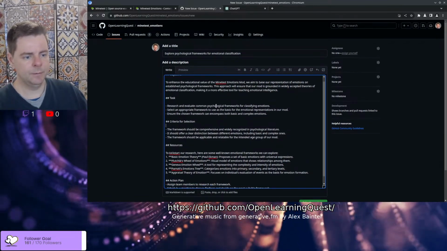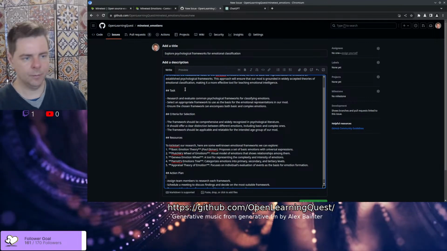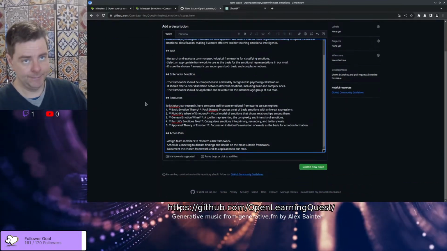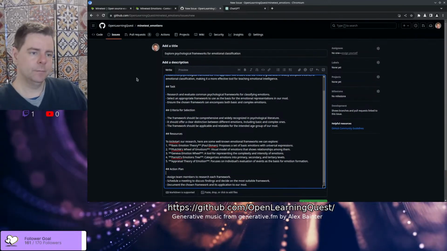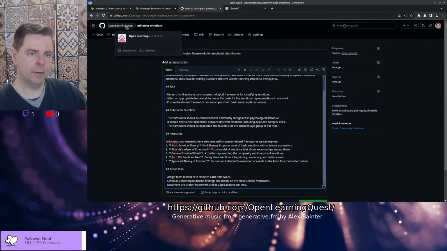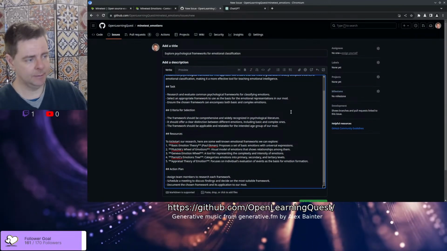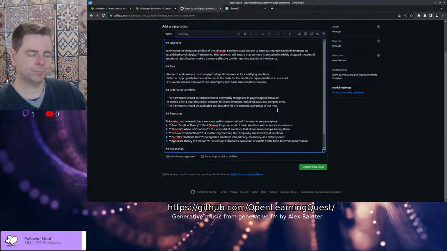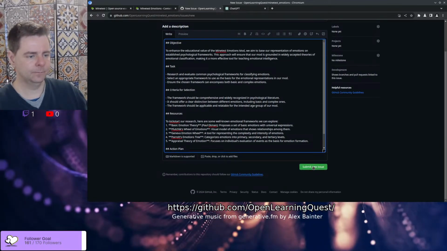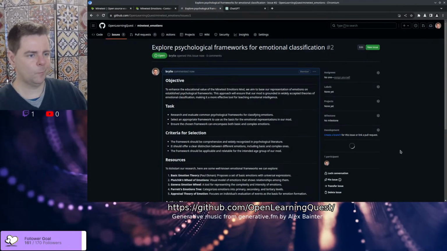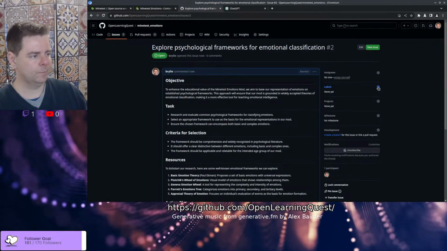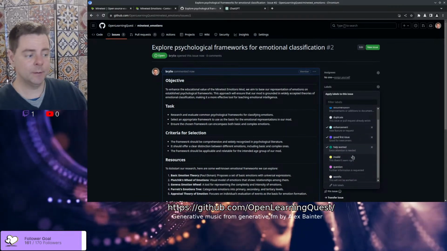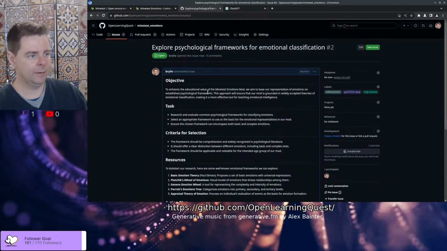And this is where, you know, this is a useful task at the mod level, but I think there needs to be some broader, more central project we'll put here, an open learning quest, and assign this to that project. And we'll put enhancement, good first issue, help wanted. And that way it'll kind of get out there.